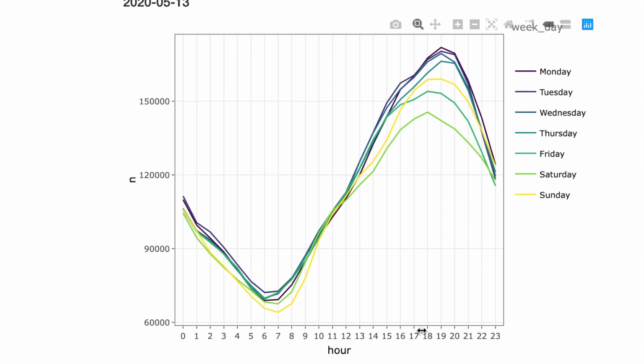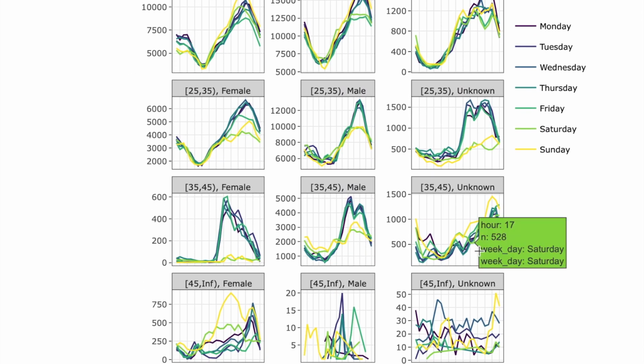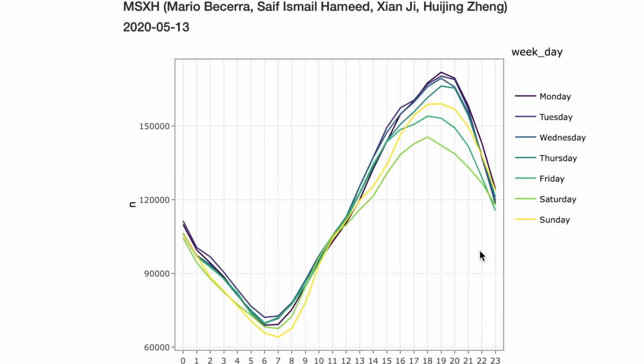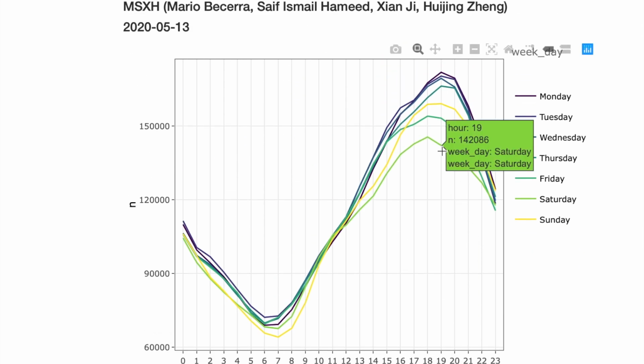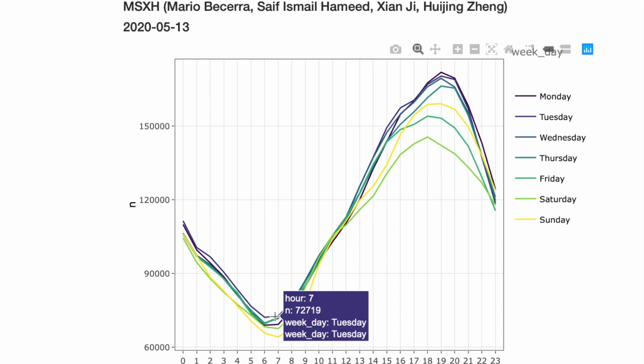They show the number of playbacks in each hour of the day and each day of the week, separated by gender and age group. We find the hourly tendency is very similar in all days, with the most activity being at around 7 p.m. and the least at 7 a.m. It can also be seen that there's more activity during working days.